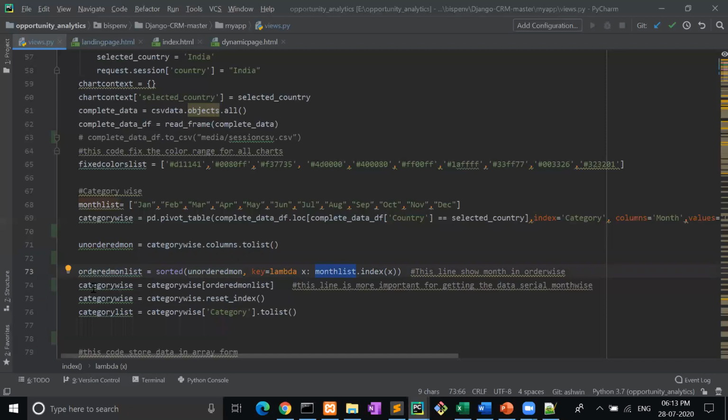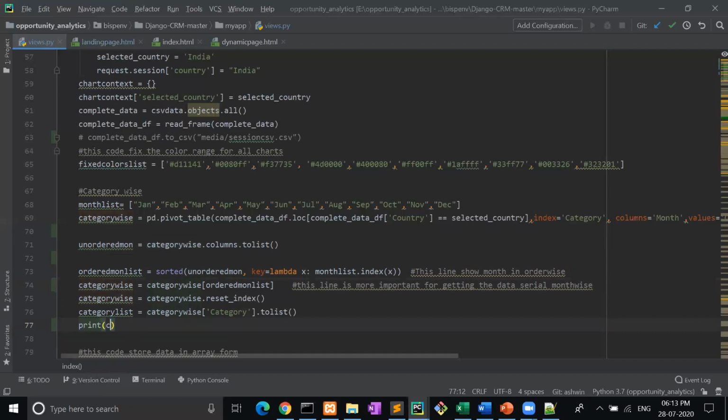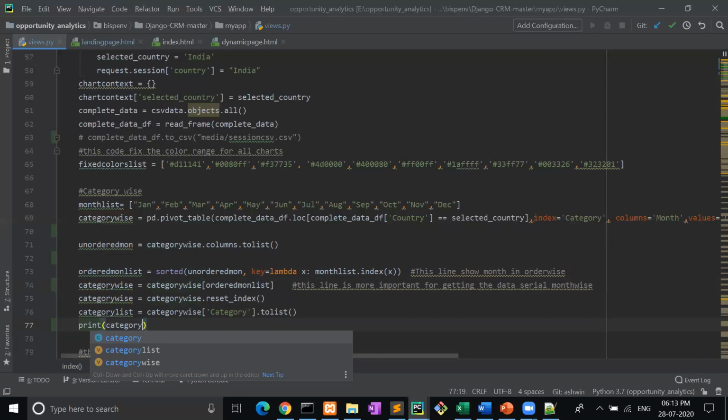And then category wise, means whatever pivoted table we have received, it will change the table into a series. It will arrange that complete data into ordered month list. I will show you this also. Print category wise.